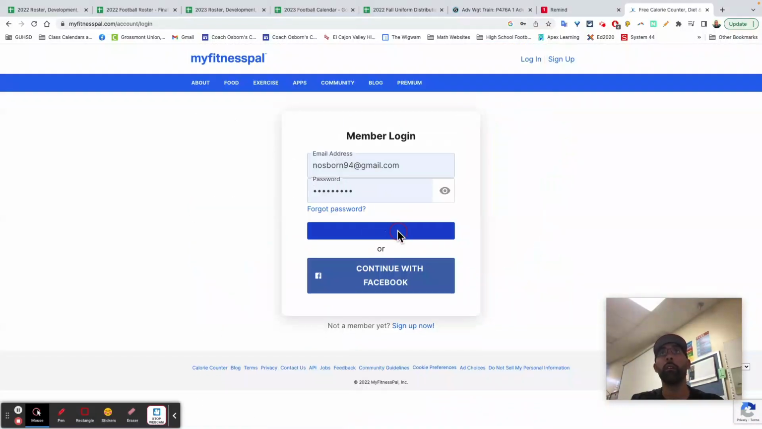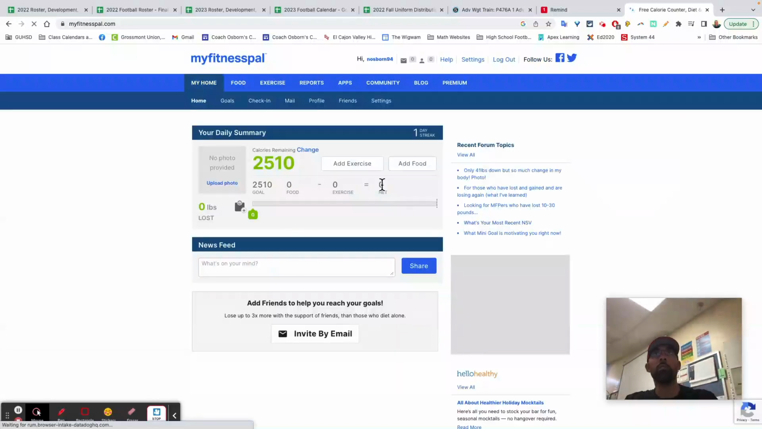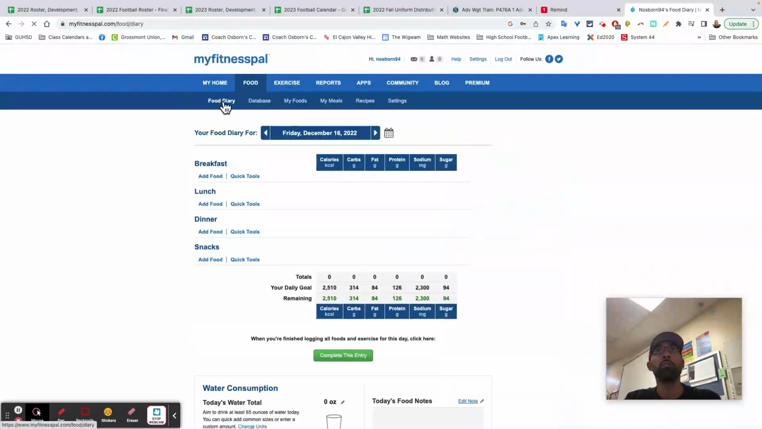I already have an account here. There are all these different layers to this app or this website. You can do exercise and reports and all that, but the main thing we're going to focus on is food. So you just click on food, and you're going to start a food diary. Right away you're going to see it laid out with what day it is. Today's the 16th, and you're going to keep a diary of what